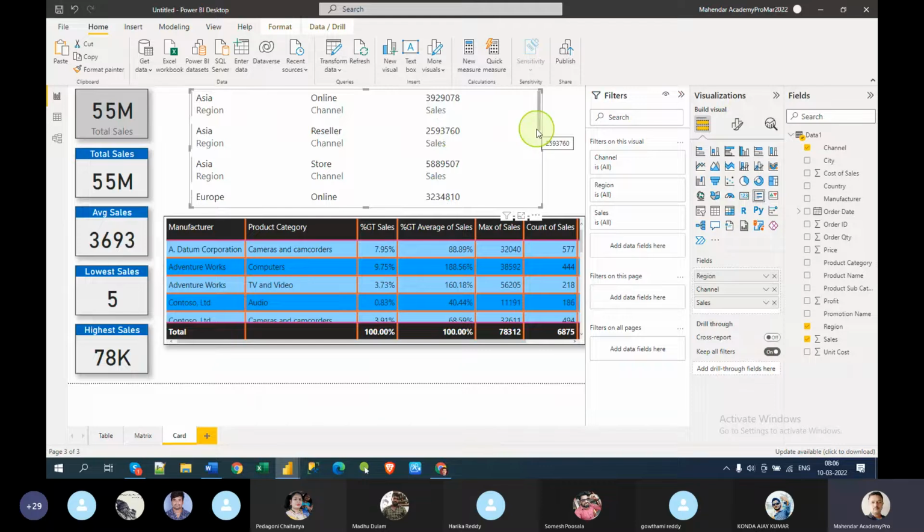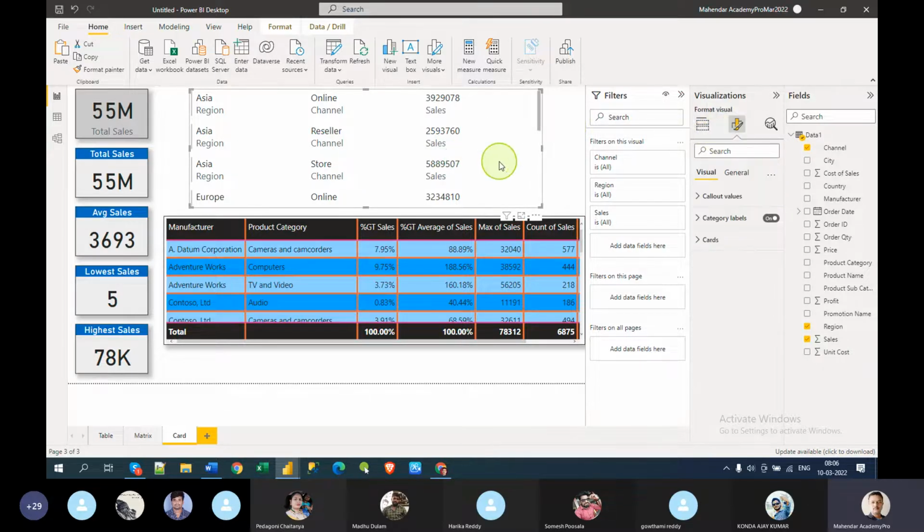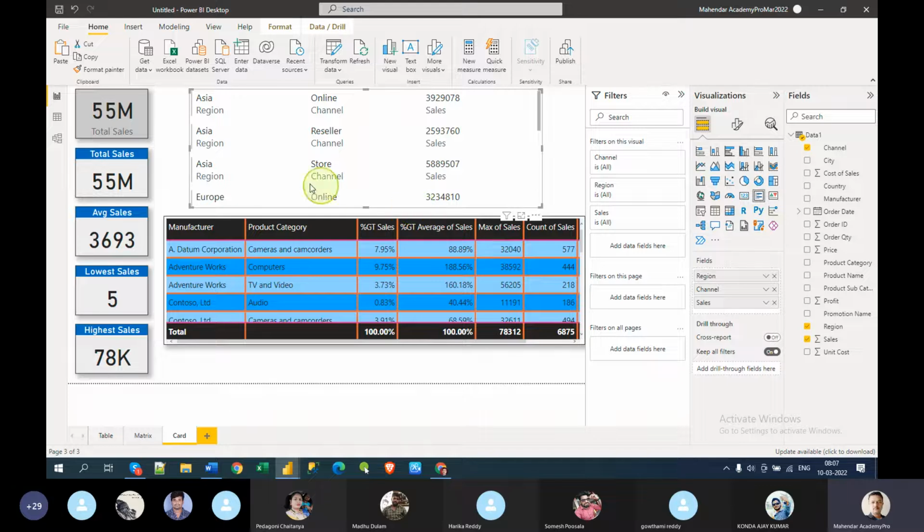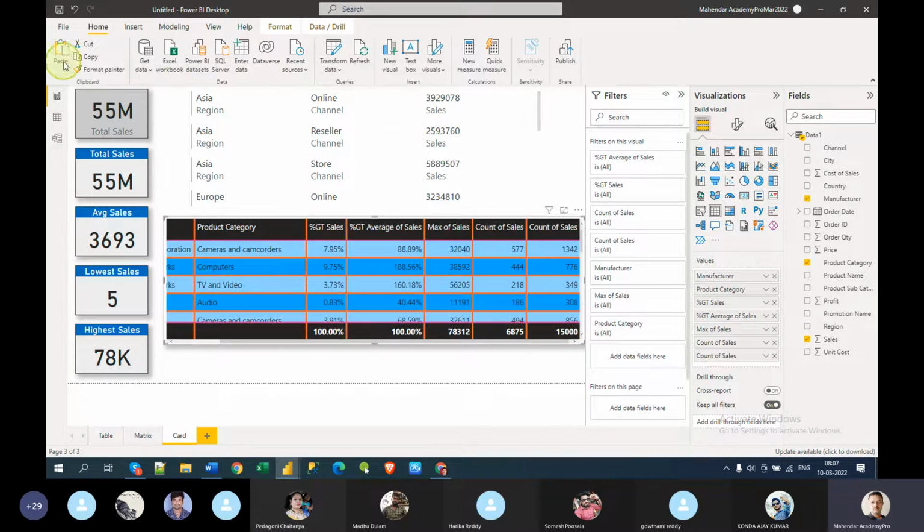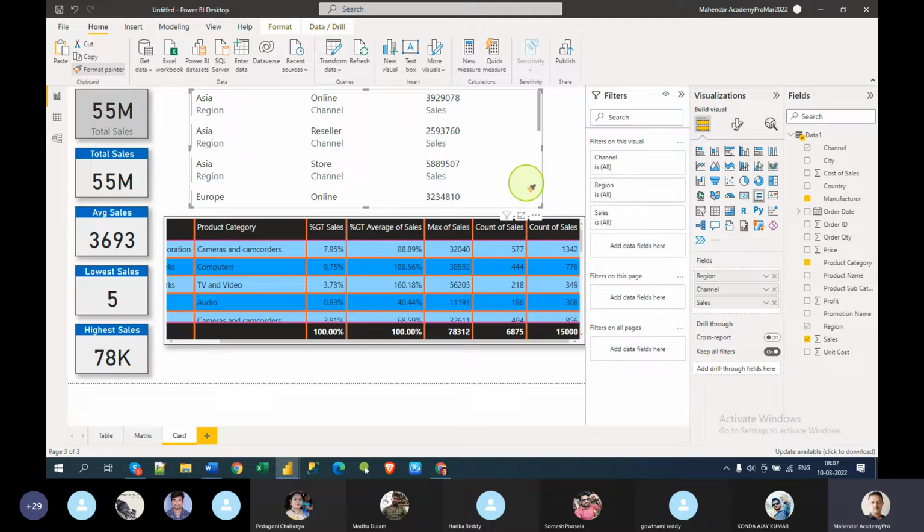So now what we have learned: cards and the multi-row card. The multi-row card is the easiest one. You can check the formatting, nothing special, and you can add multiple values. That is the only thing. The formatting options will be there obviously. You can change the colors, each color, and values to millions and so on. You can apply borders and filters and everything. Let me show you. If you click this and format this and click on this,